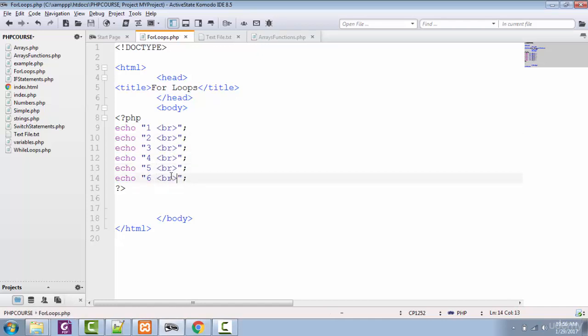I have written 6 statements of echo showing the counting. Now let's move to our browser, refreshing the page of forloops.php file. Now I have counting of 1 to 6.